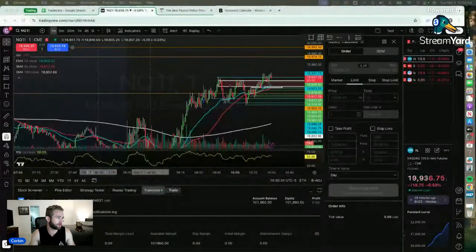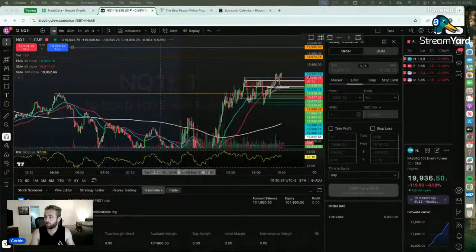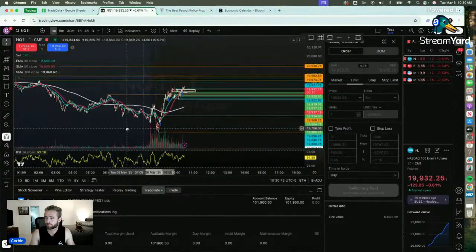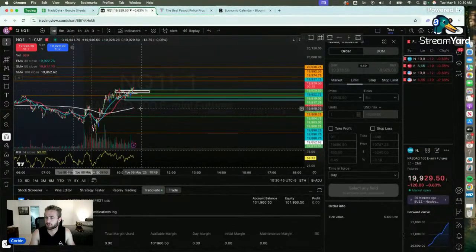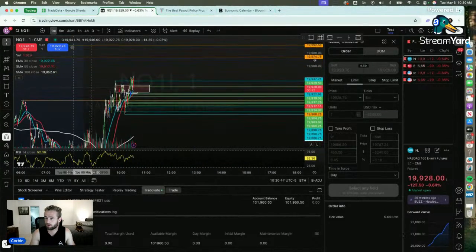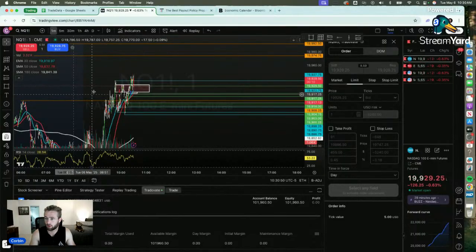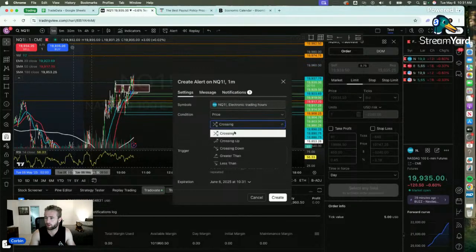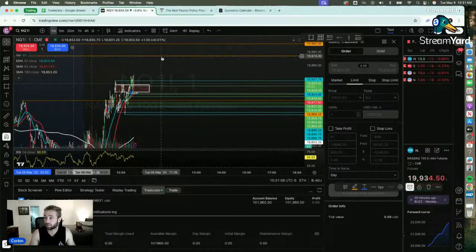Alright, guys. I'll go ahead and share my screen again. I'm done trading for the day. Actually, okay, so price clearly broke structure above this one here, and it is continuing to rip. So if price gets above these levels here, add alert on horizontal ray crossing up. If price gets up there,